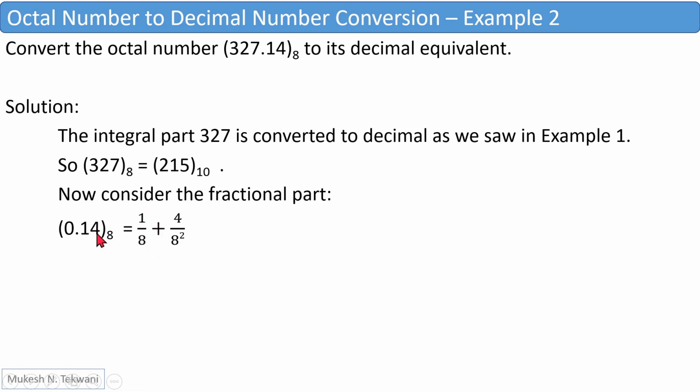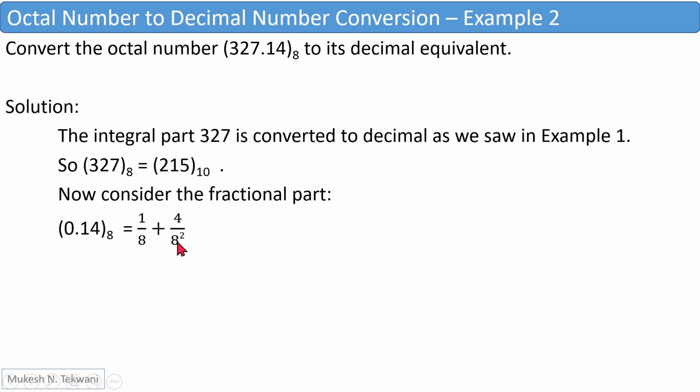The next digit is 4, so we'll have plus 4 divided by 8 raised to 2. This is analogous to what would happen if you had a number like 0.14 in the decimal. Then 0.14 we would say is 1 divided by 10, because in decimal the base would have been 10. So in this case 0.1 is 1 divided by 8